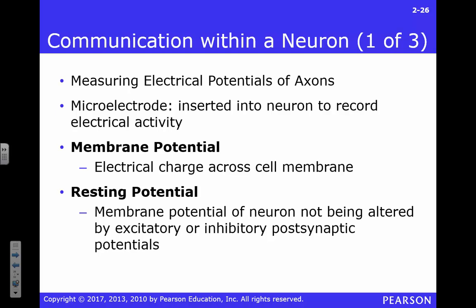Okay? And what is an electrical potential, right? This is kind of a vague concept you're going to get your head around. You can do this in an axon, dendrite, wherever, doesn't matter. We'll talk about it. You've got a cell. You've got an inside and you've got an outside, right? If you were to stick an electrode inside the cell and then one outside the cell, and you were to compare the difference in electrical charge between the two, that's your potential. Okay?